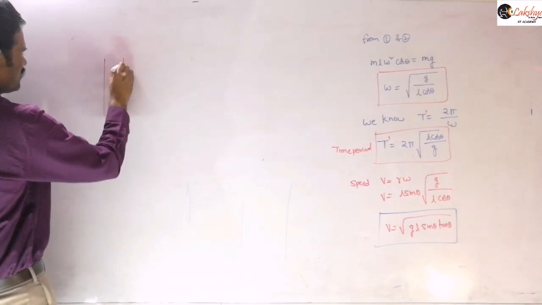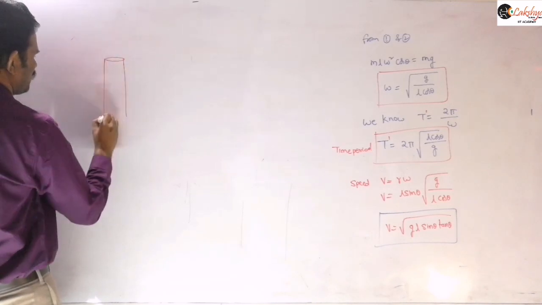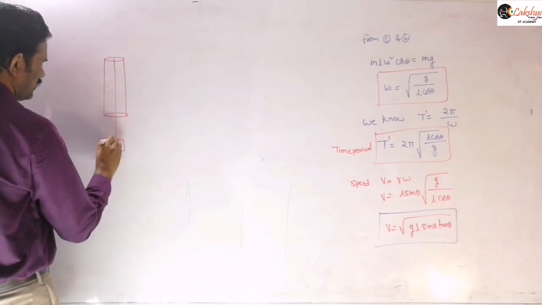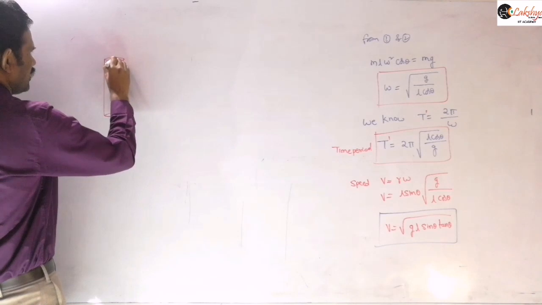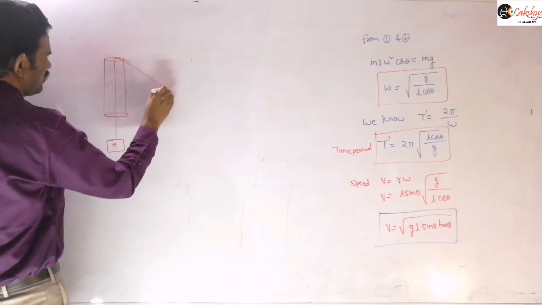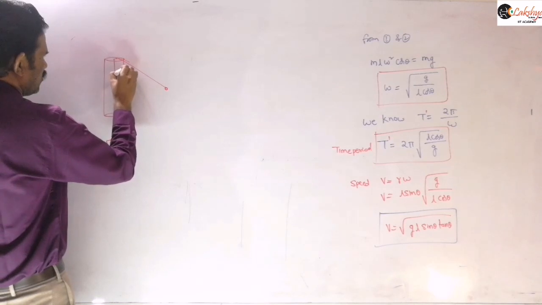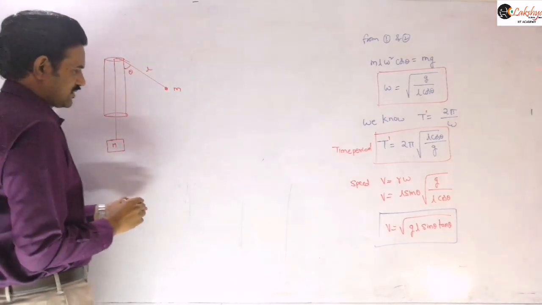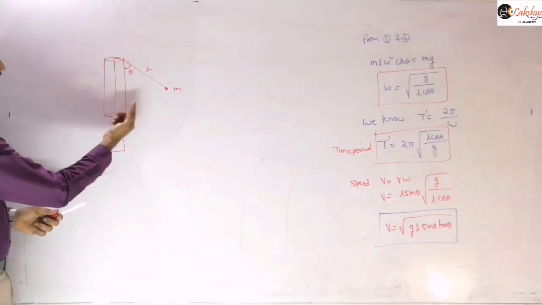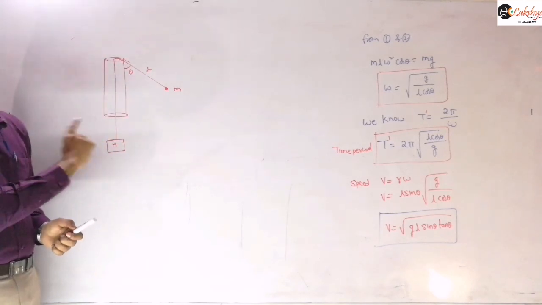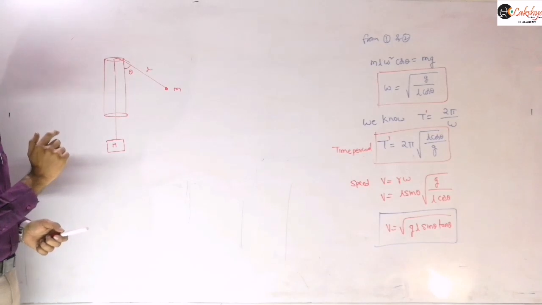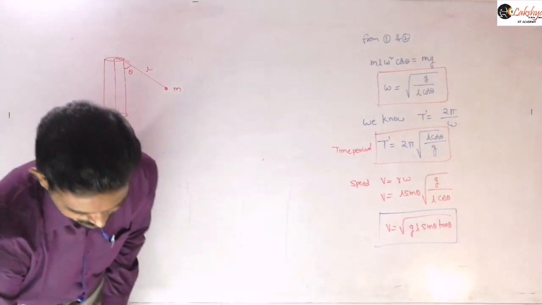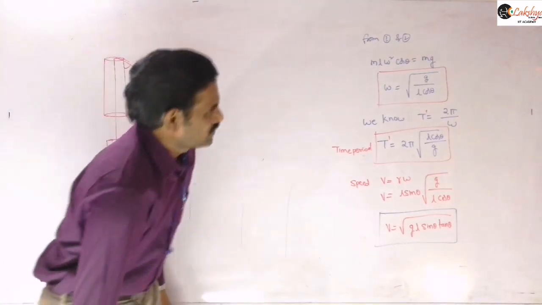I am taking some cylindrical pipe here. One mass is hanging like this. This is a block of capital M. And then another particle of mass small m is revolving like this at some angle theta. This mass is m and its length is, suppose, L. Now it is made to revolve like this. This small m is revolving, and our question is with what angular velocity it should rotate so that this capital M will remain constant. So just mention that problem there.